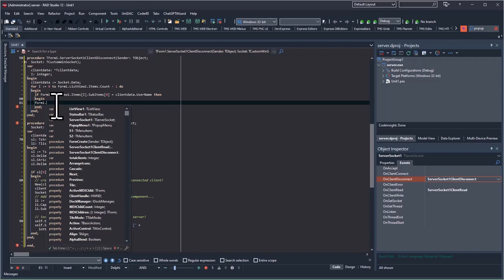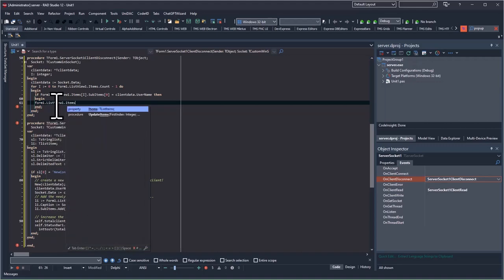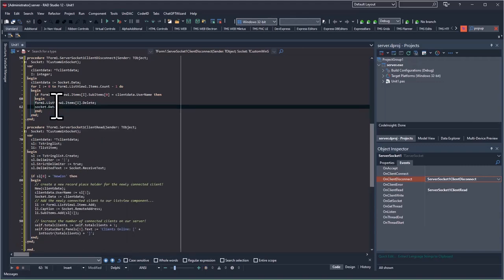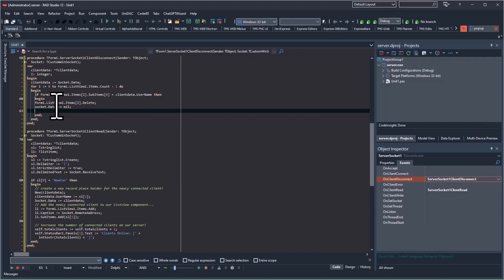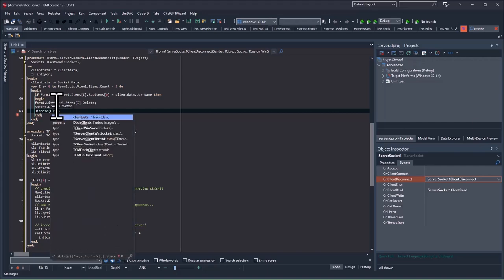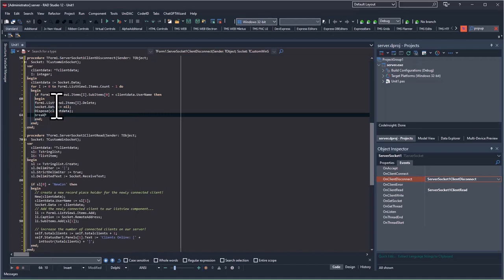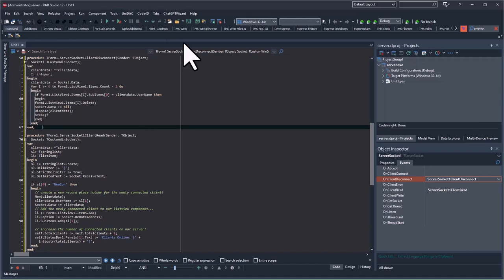Yep. So all we've got to do is say listview1.items I dot delete. Then we're going to go socket.data will be equivalent to nil, and then we're going to dispose of our client data record memory that we've just used, and then we're going to break because there's no reason to continue looping through this stuff. Okay, so let me save that, and then let's go ahead and try to go back to our form,